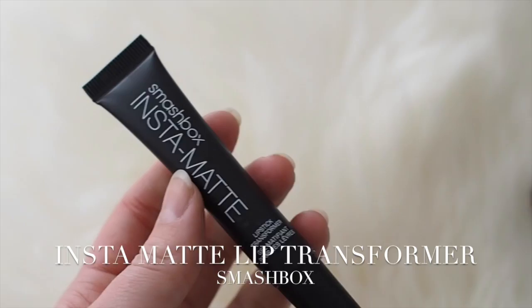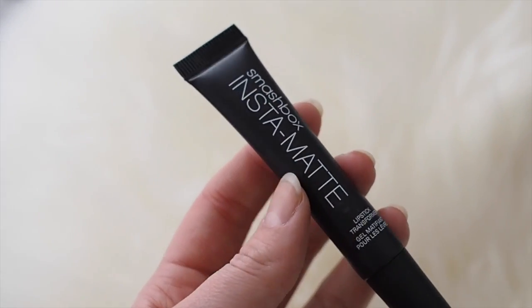This is the Smashbox Insta Matte Lip Transformer. Basically what this does is you take any lipstick you own and it makes it matte. So I'm going to take this over the MAC Double Shot because this is a cream amplified, and I'm just going to knock out every last drop of shine. Oh wow! That's so cool! Doesn't feel drying at all, it feels really nice on the lips. Kind of silicone actually, but...